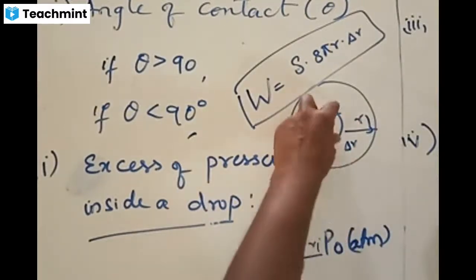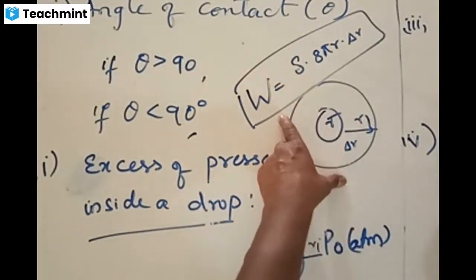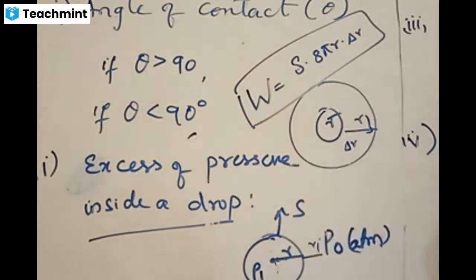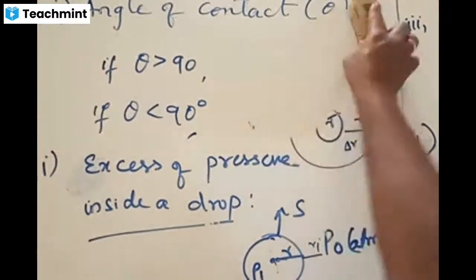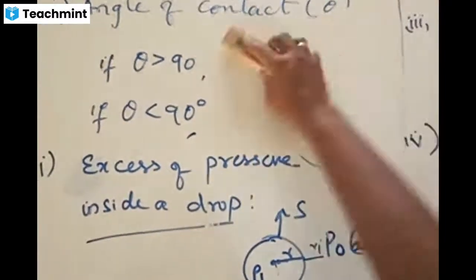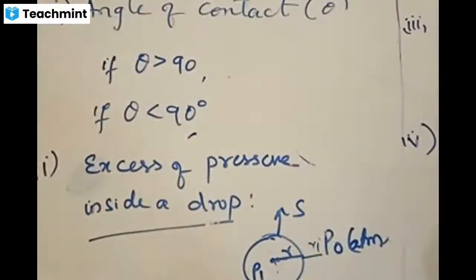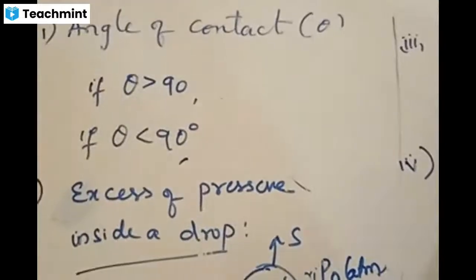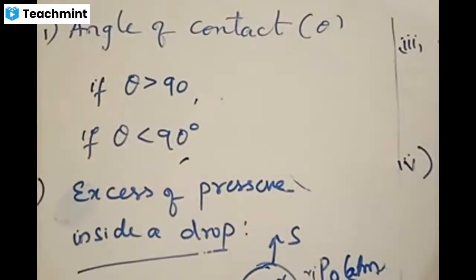This is the formula to expand a drop to a new radius, a change of delta R. This derivation is not there in the textbook. You can just remember this formula. Is this point clear? This formula is already given in the PDF. Just read that formula and remember it, so that it will be helpful when you are writing exams and quizzes. The formula should be known to you to solve the problems, right?